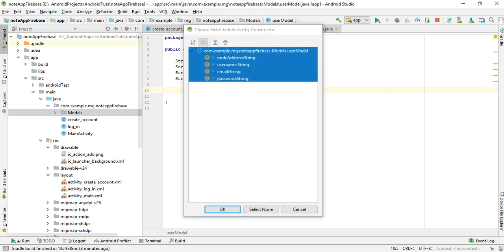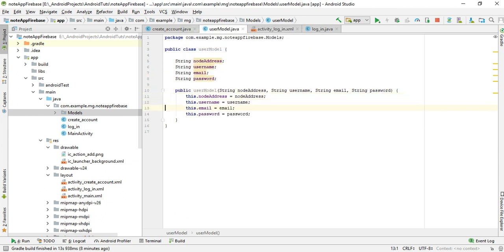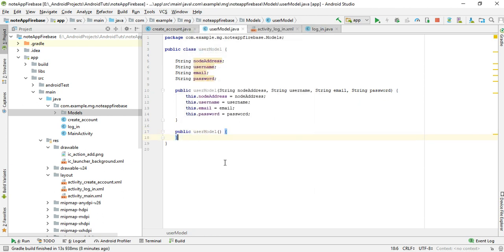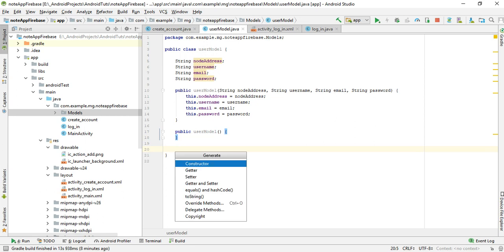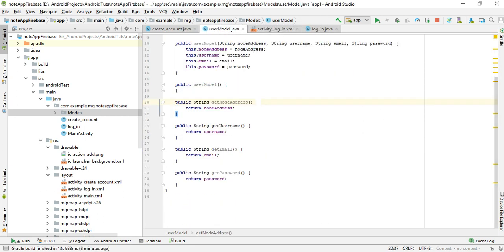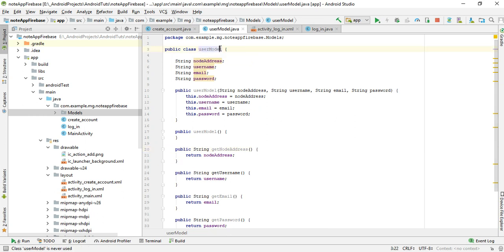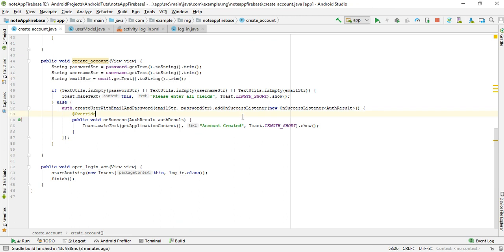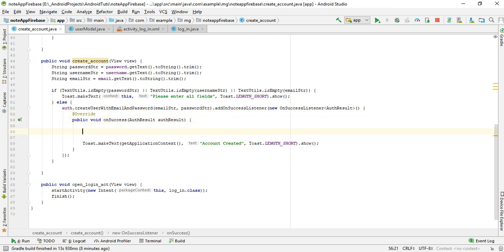Now create the constructor for all these values, and we need to create an empty constructor as well. Firebase requires this empty constructor, and then we need to create the getters. Okay, so our model is prepared. Now we need to use it. And the account is successfully created. Now we can use